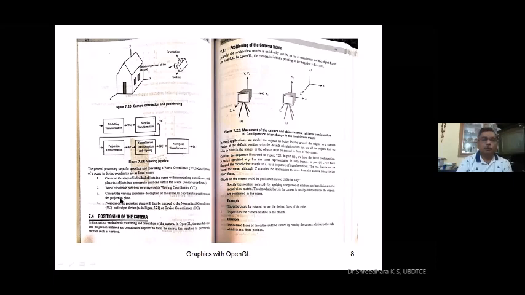The positioning of the camera on your screen, as I told, the cameraman's positioning is important. Initially, let us assume these are the X, Y, Z axes, and your camera also coincides with the origin. You cannot observe that picture; you are inside the object itself. If you want to observe that picture, you have to come out from outside. So this is the meaning. The camera is moved away from the origin, and you are going to observe it. So these are the steps required.